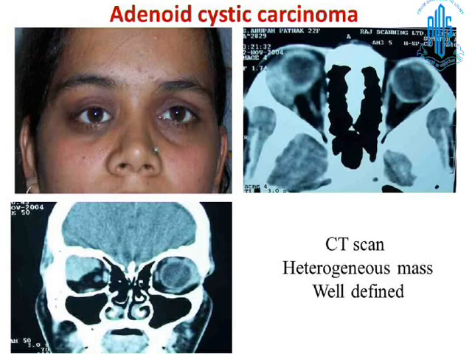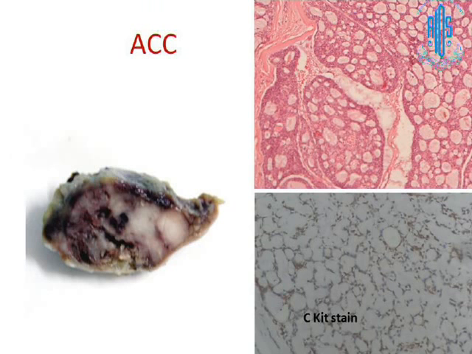Now, I'll show you a few lacrimal gland tumors. This is the commonest malignant lacrimal gland tumor, adenoid cystic carcinoma. You have this CT picture. What we see histologically, they are cribriform, tubular or solid types of adenoid cystic carcinomas. So when you have this typical cribriform type of adenoid cystic, you don't have any problem in diagnosis. Perineural invasion is generally seen. But in case of solid adenoid cystic carcinomas, you generally face problems in diagnosis.